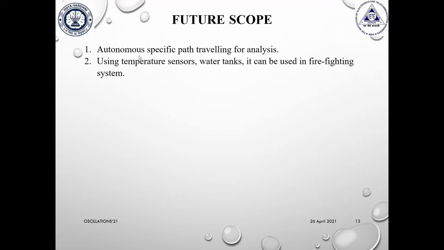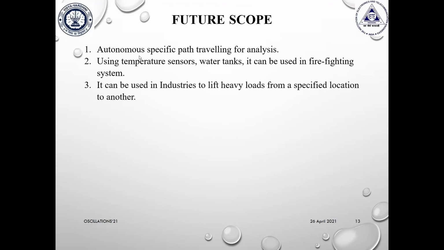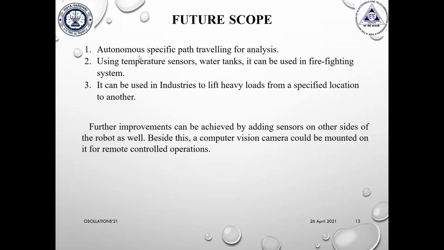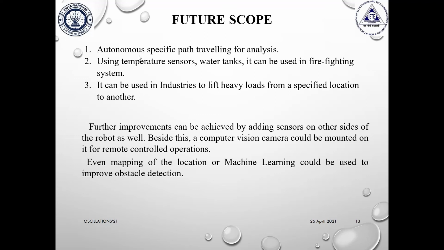Though some of the applications were told by Master Karan, the following applications are the future scopes of the obstacle avoidance system using different sensors. Just as Master Karan said, unmanned surveying and mapping of different landscapes. It can be used in places where humans can't reach, like volcanoes and depths of the sea. Decreases the number of accidents on roads. Autonomous specific path travel analysis. Also in military operations to scout enemy bases. LIDAR systems, also known as light detection and ranging, can also be used in obstacle avoidance systems to detect objects, and places such as depths of seas can be measured.